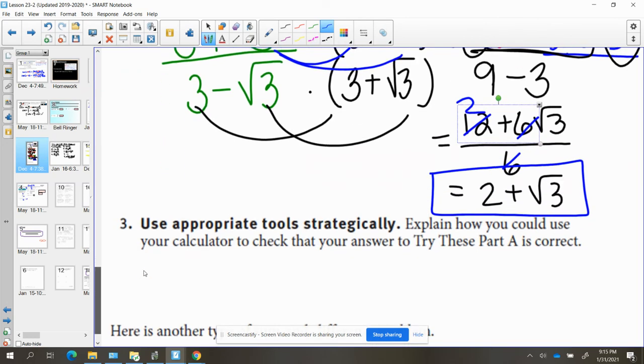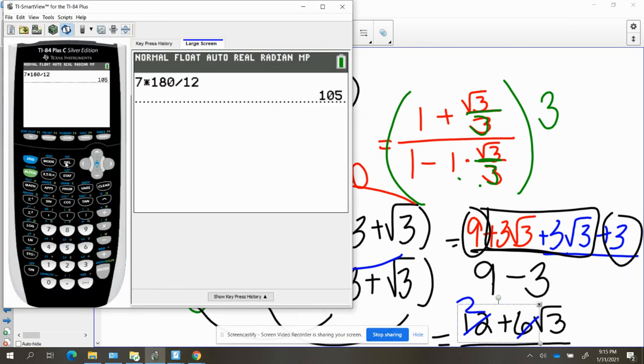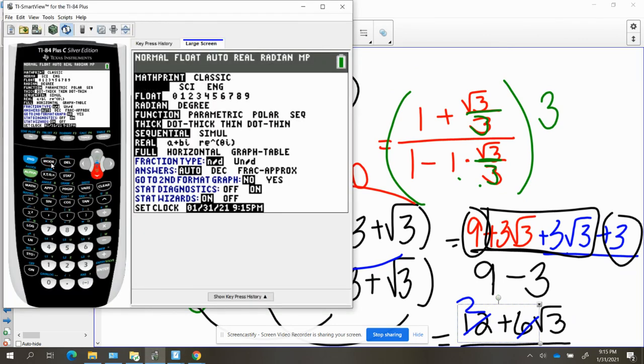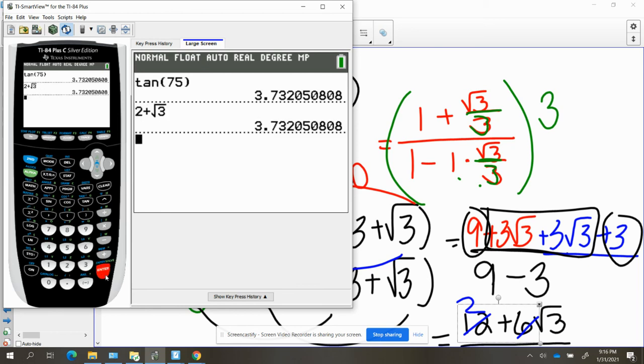Okay. Now, one way you can always check these in your calculator is by testing out that you simplified correctly. So if I go back to degree mode to test this last one out, 75 degrees. Look at the tangent value of that. Tangent of 75 is going to be approximately the same thing as 2 plus square root 3. So we see that they're the exact same decimal approximation, so we can check off that all